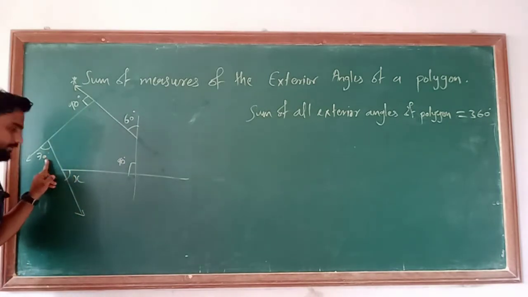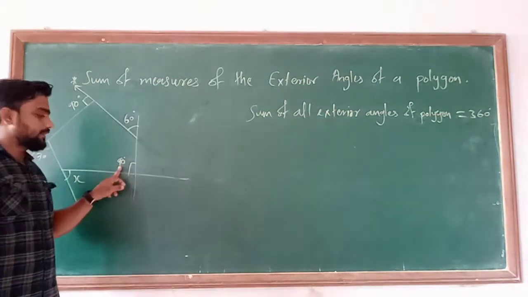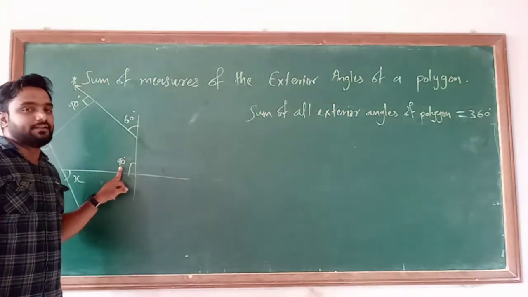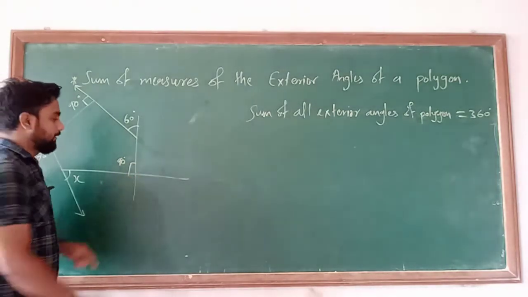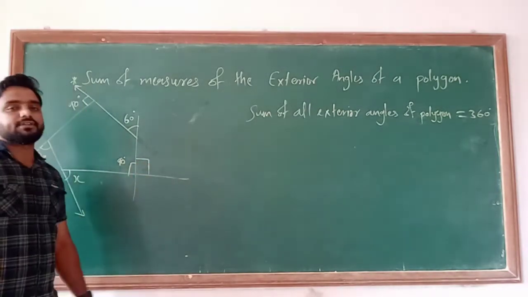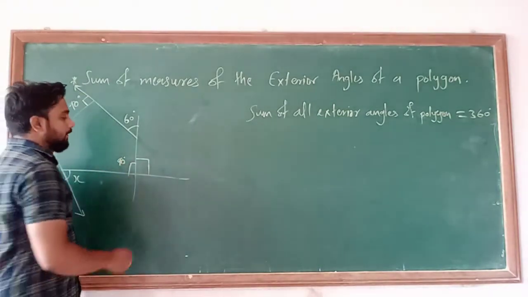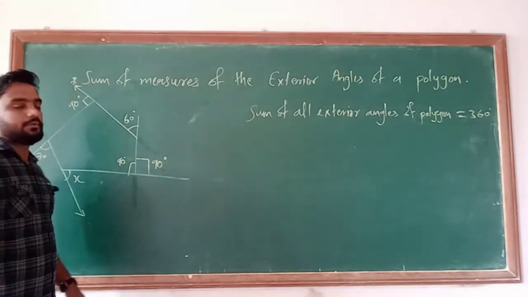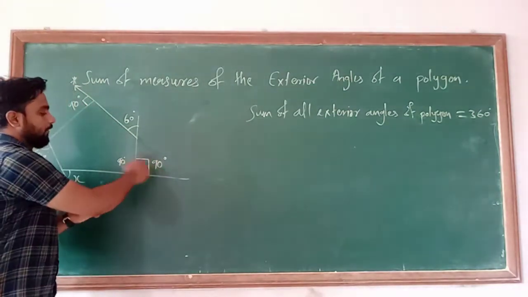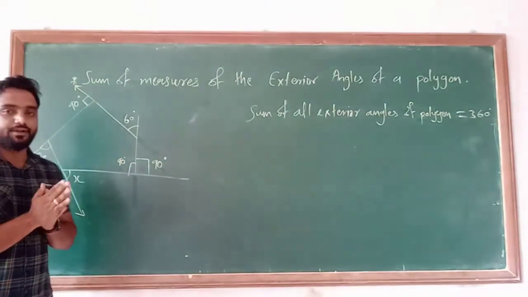70 degree. It is also an exterior angle. X is also an exterior angle. But here just see 90 degree, that is the interior angle given to you. Okay. So what will be the exterior angle here? So how much exterior angle is it? Okay. So here it is 90 degree. So here it is also the same thing. That is how much? 90 degree. Or the summation of total angle from here to here, that is the straight angle, that is equal to how much? 180 degree.